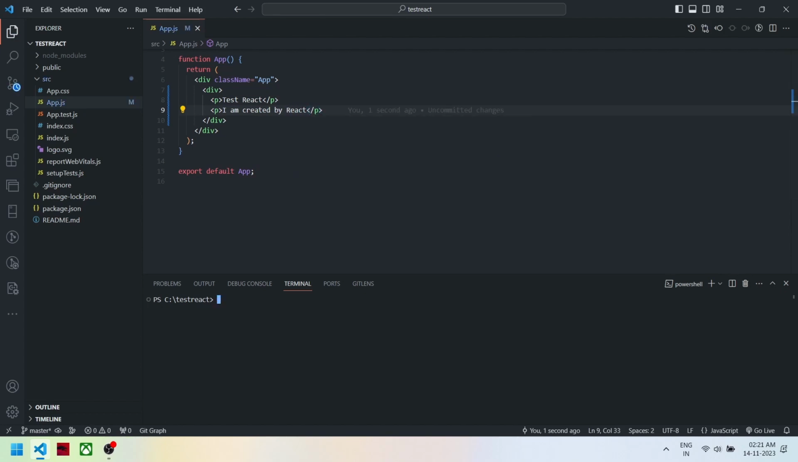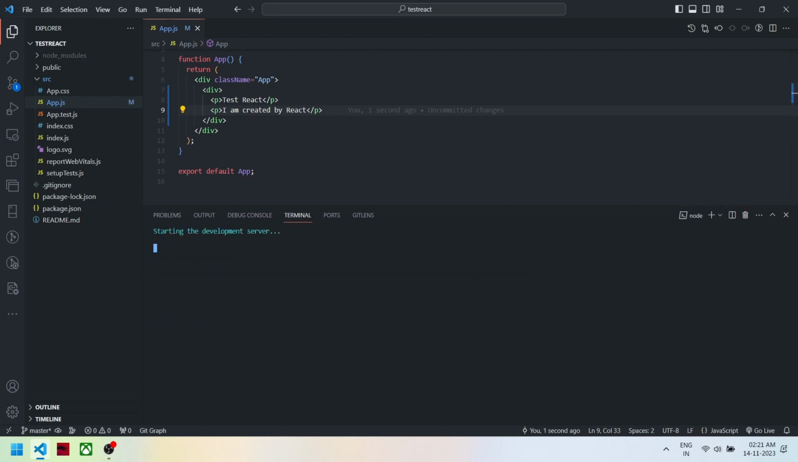Now we have to go to the terminal and run this project with npm start. After this start command, check that these two paragraph elements are displayed: test React and I am created by the React. So in React